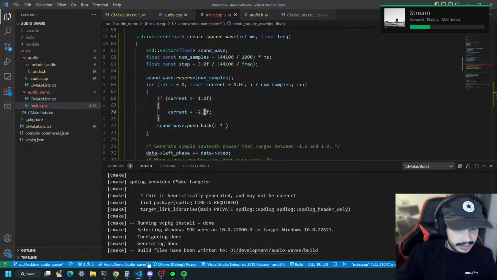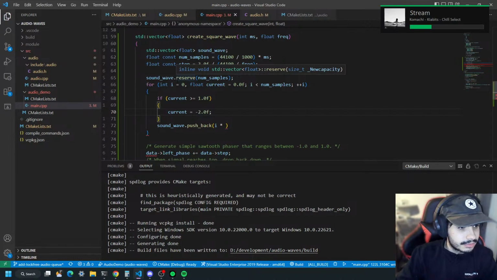Well, on good news, this code actually outputs some audio to Space Odyssey. So I'm just doing some final touches on this, and hopefully